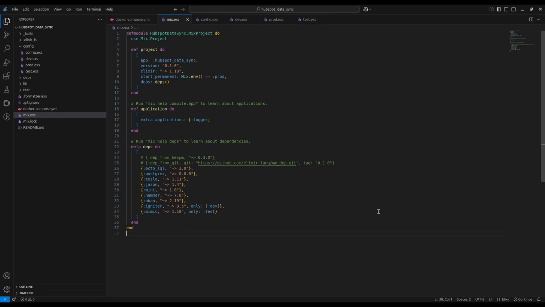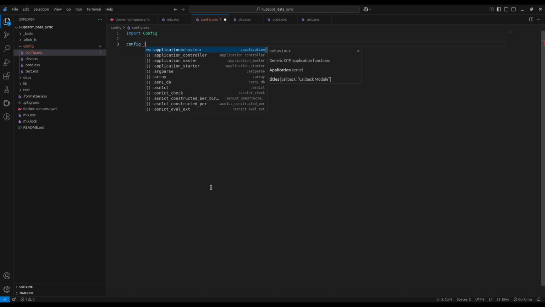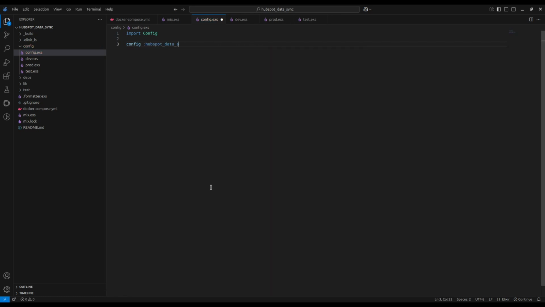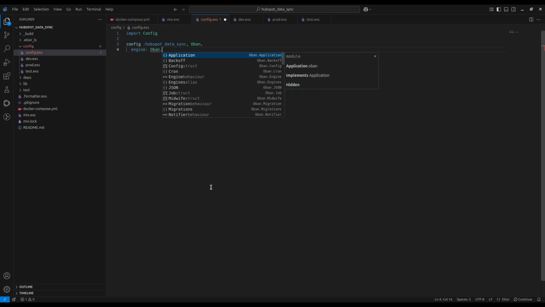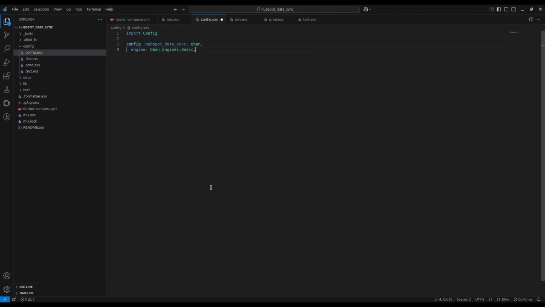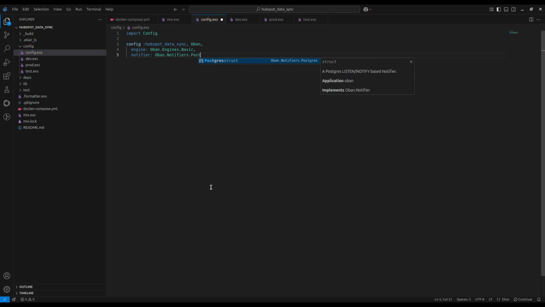Okay, now that we've got things set up, what we're going to do is put together some configs. So we're going to go into our config.exs and we're going to import Config. This gives us the configuration tools in Elixir. We're going to say in our configuration, we're going to config our HubSpot data sync program, and it's Oban. And we're going to configure this Oban with an engine. That's going to be Oban.Engines.Basic. We're going to have our notifier be using Oban.Notifiers.Postgres. We're going to be using queues,